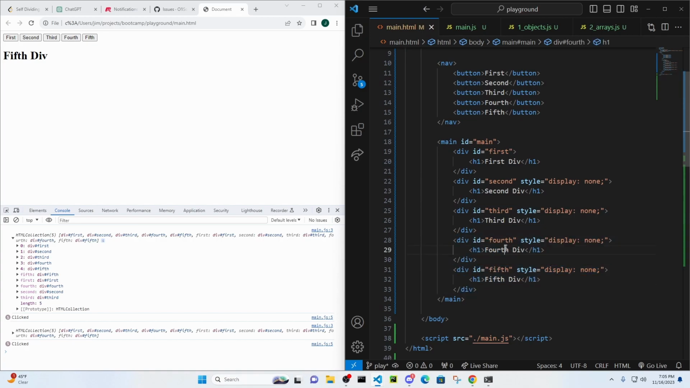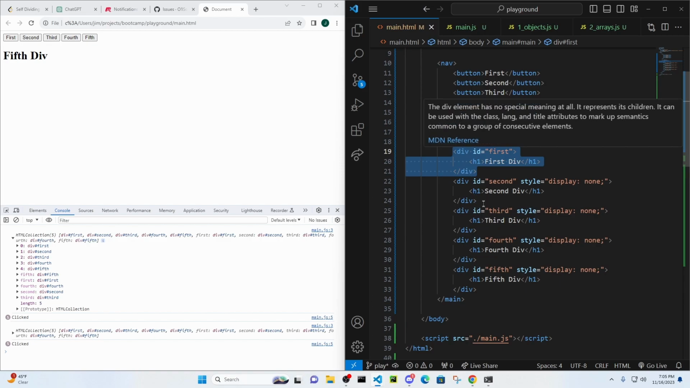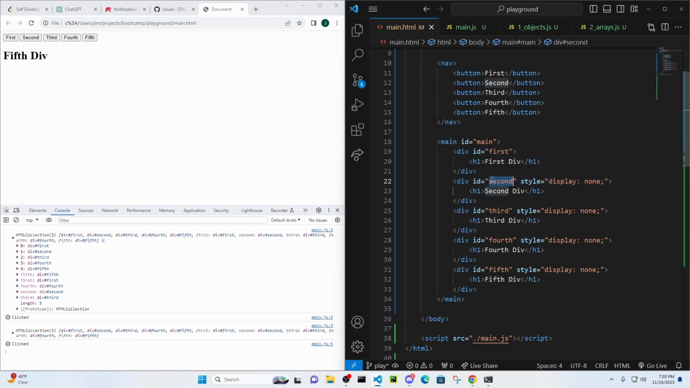The only thing I'm checking for is the text from the button I click. So let's just say I click third, I'm going to check this one first. Does the lowercase of third match first? No. So I'm going to set this one to display none. Does the ID second match the lowercase of third? No. So I'm going to set this display to none. Then I'm on the third child. Does the ID third equal the lowercase version of this third? Yes. So I'm going to set